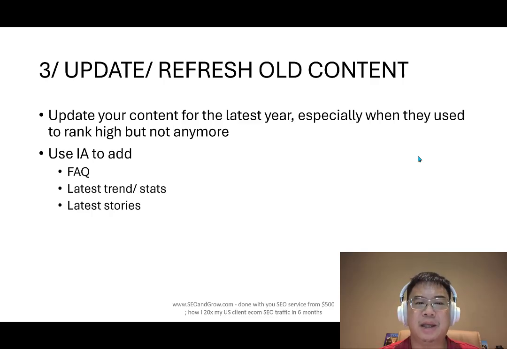You can use AI to add something like an FAQ, the latest trends and stats in 2025, or the latest stories in 2025, and then you can add a 2025 update bracket or subheading, something like that.